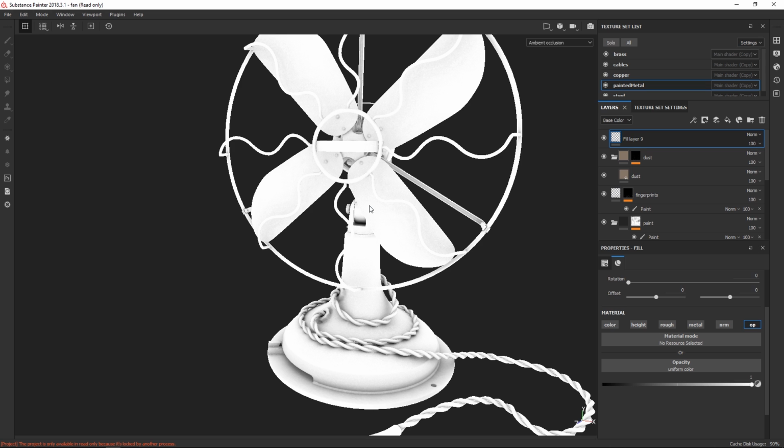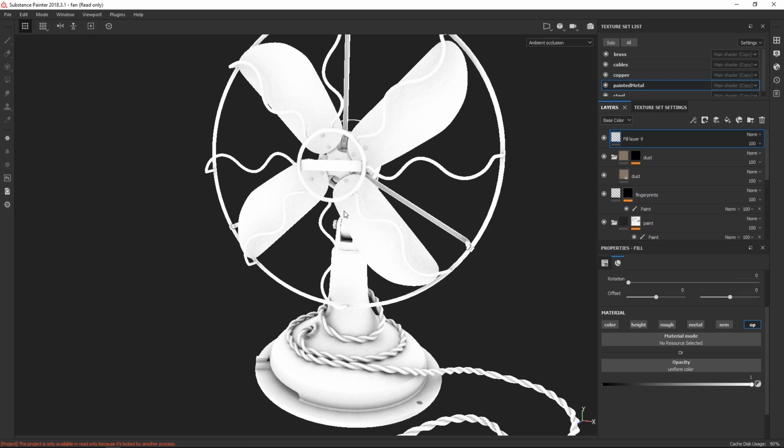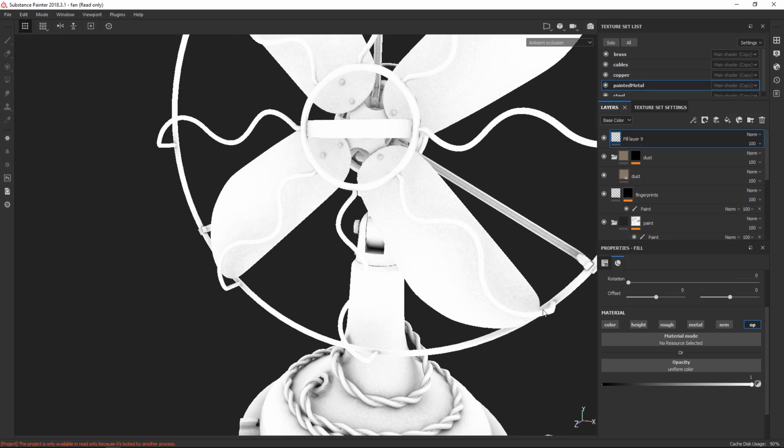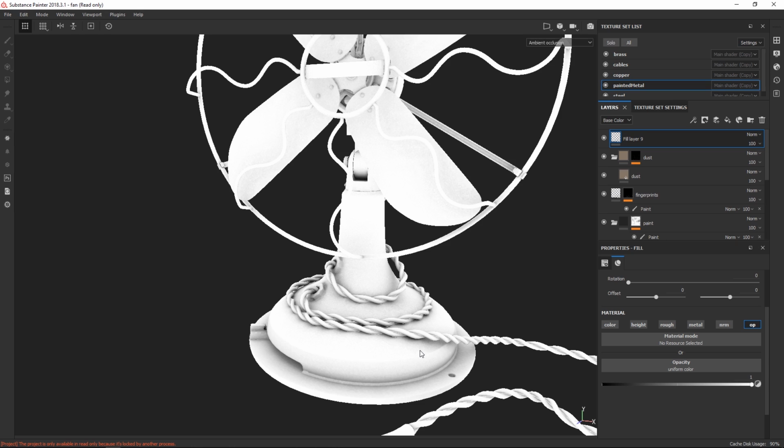And this is really one of the fundamental maps you need in Painter, or in any software, but particularly in Painter, because the smart materials will literally need an AO slot. If you don't have it, like half the materials aren't going to work. So it's really important to have it, and it would be used in a very simple way to add dirt and tiny little shadows to it.